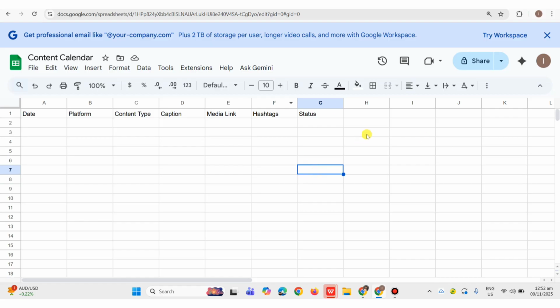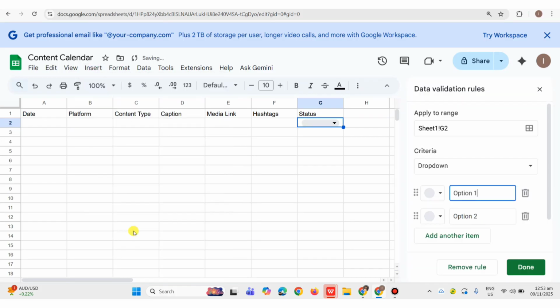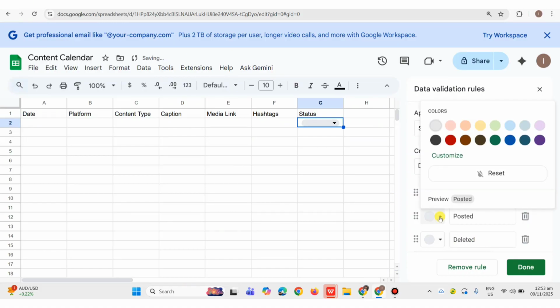So for example, since you only have one content, go ahead and select the area under status and then click on insert at the top left of your screen, and then from here select drop down, and then in here you can go ahead and enter the information such as in progress, posted, deleted,